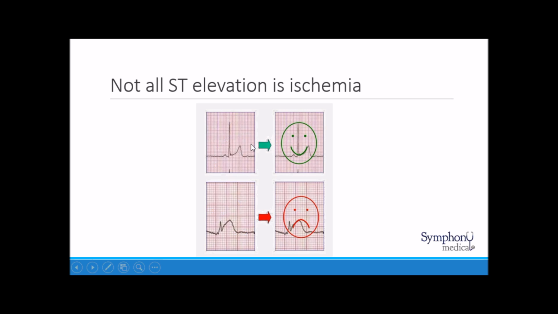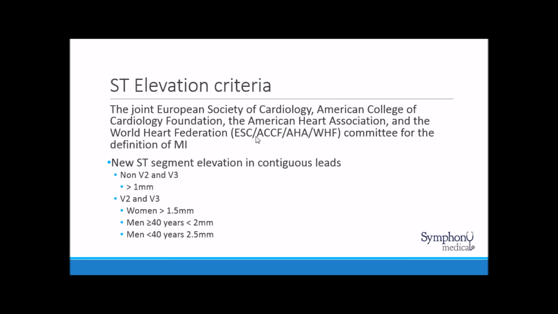This you can see with other things like what? Pericarditis or early repolarization from left ventricular hypertrophy, as an example. Okay? So then the question is, when you do see ST elevation and it does have that characteristic morphology, what's